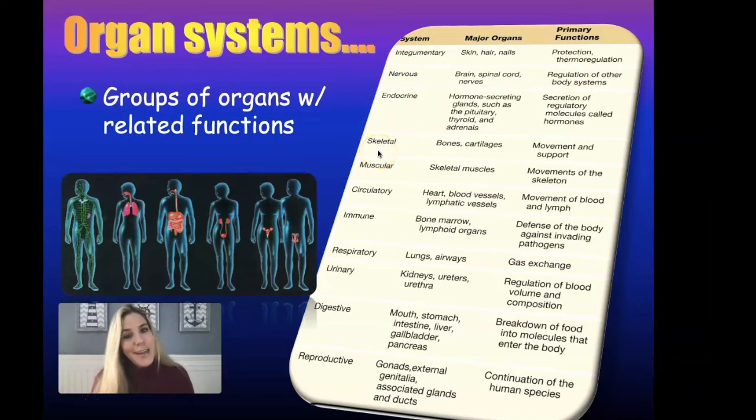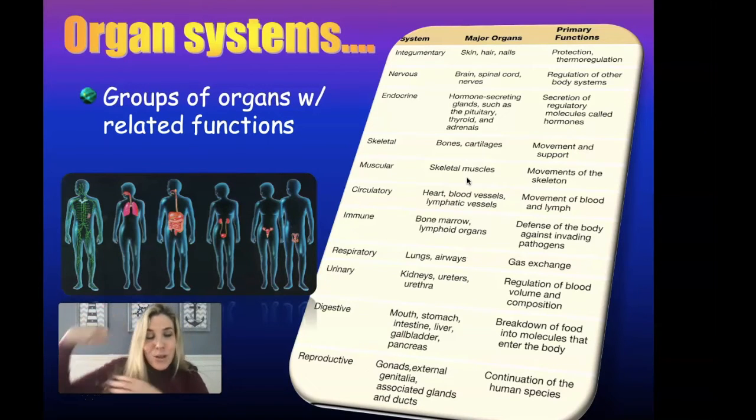And of course, you can't have an anatomy and physiology class without studying the skeletal and muscular systems. So the skeleton, of course, is your bones and your cartilage. It's responsible for allowing your body to move and provides the support it needs to function. The muscular system has different kinds of muscles in there. So your skeletal muscles are the muscles that are under your control. We can choose to flex our muscle or move it however we want.